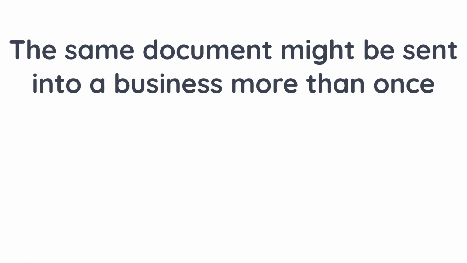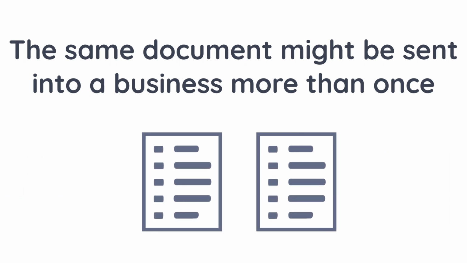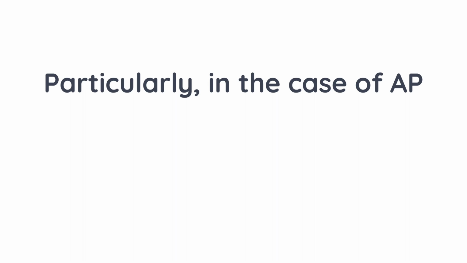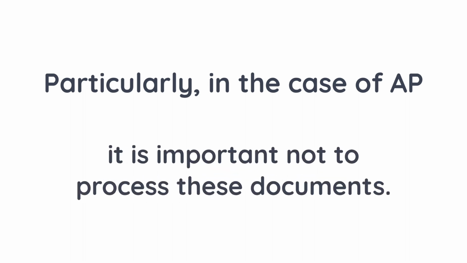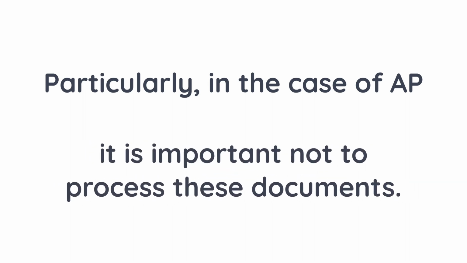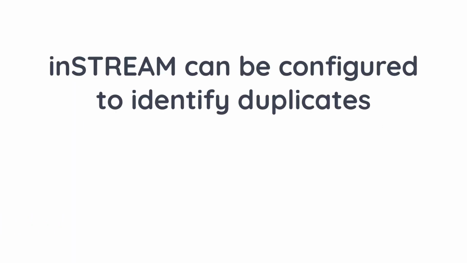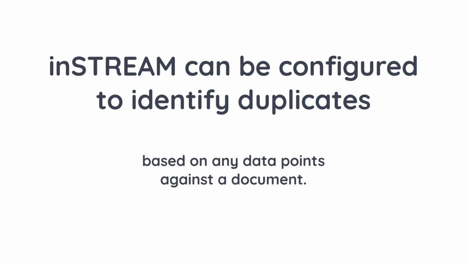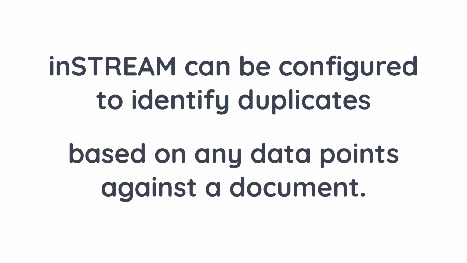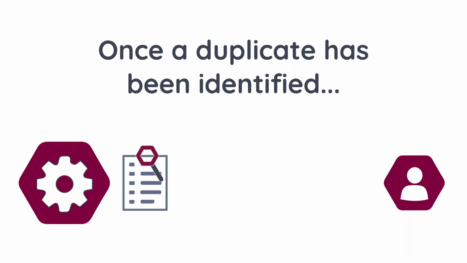The same document might be sent into a business more than once. Particularly in the case of accounts payable, it is important not to process these documents. inSTREAM will identify potential duplicate documents using available data points or by using a file hash check. inSTREAM can be configured to identify duplicates based on any data points against the document. Once a duplicate has been identified,